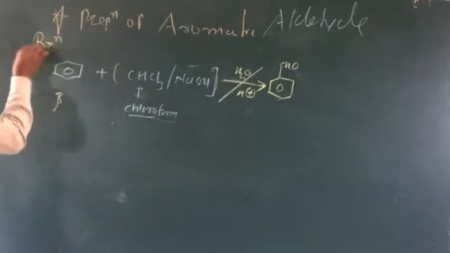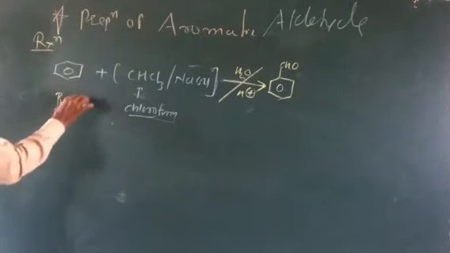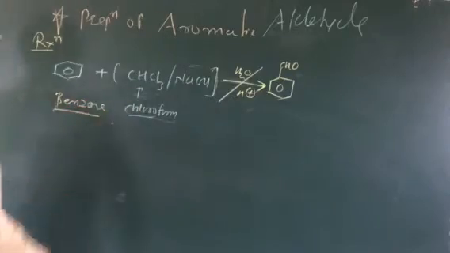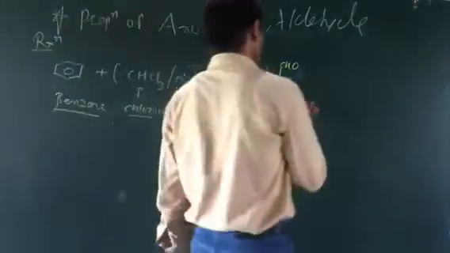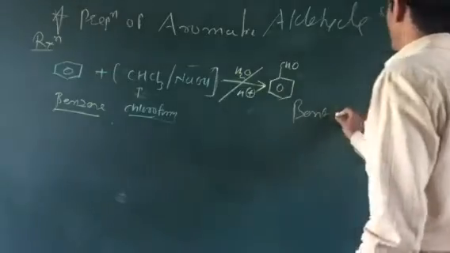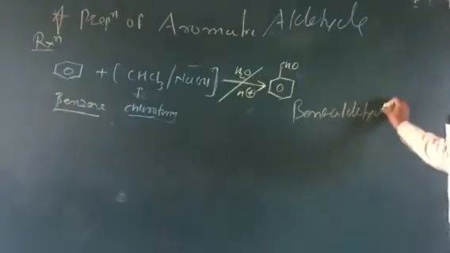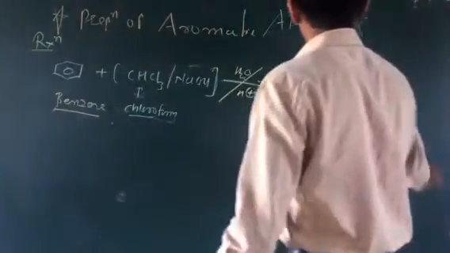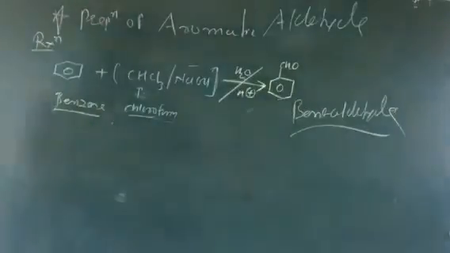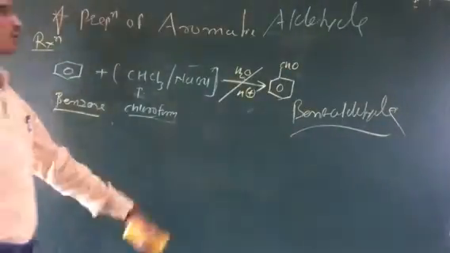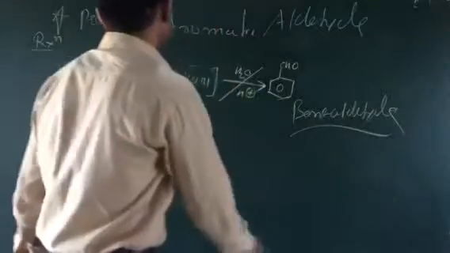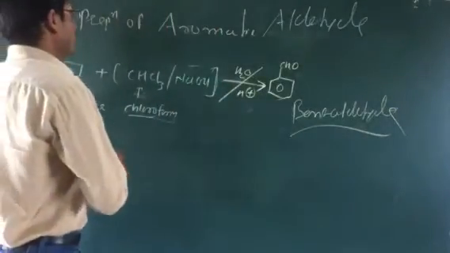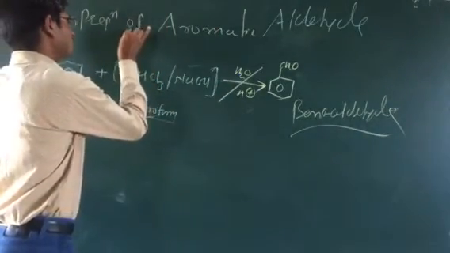The reaction is that the starting reactant molecule is the benzene nucleus. This benzene is reacting with the chloroform followed by sodium hydroxide, forming this type of product. It is nothing but benzaldehyde. This type of product, benzaldehyde, is obtained starting from the benzene nucleus. This is the particular formylation reaction. So such a type of formylation reaction is nothing but